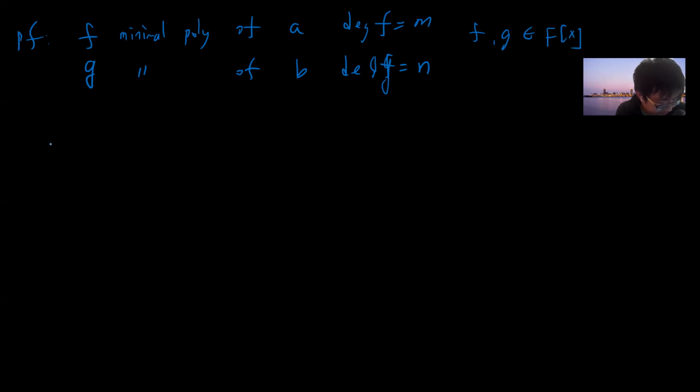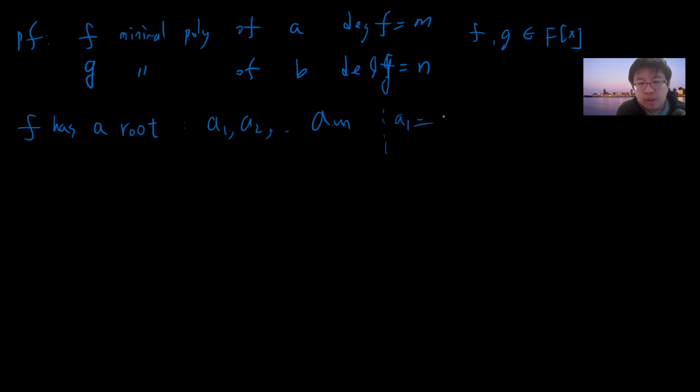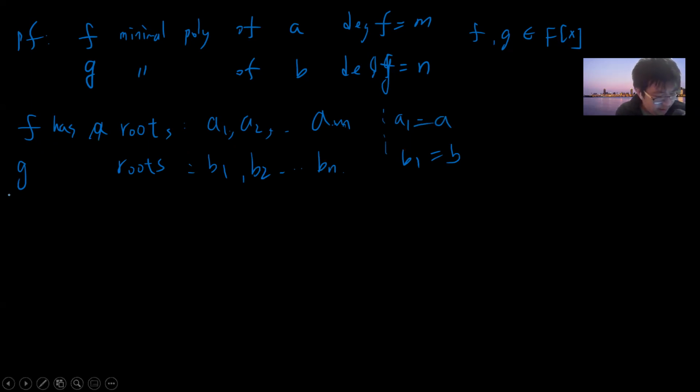Now let's say f has roots a1, a2, up to am, and I let a1 be A. And g has roots b1, which is the same as B, and b2, up to bn. This is only finitely many of them. So let's try to find